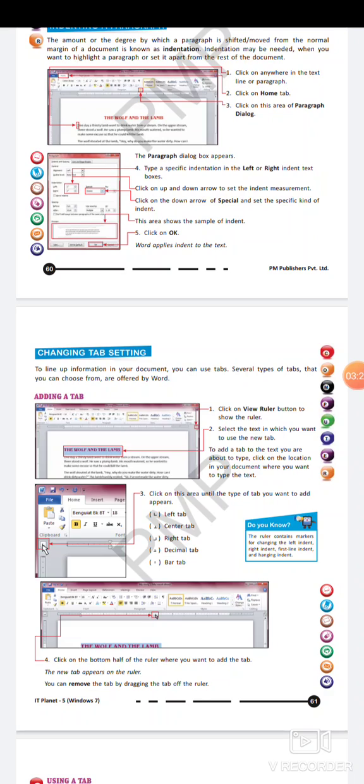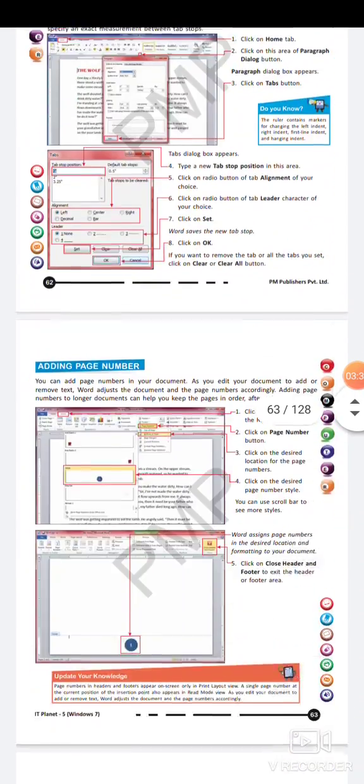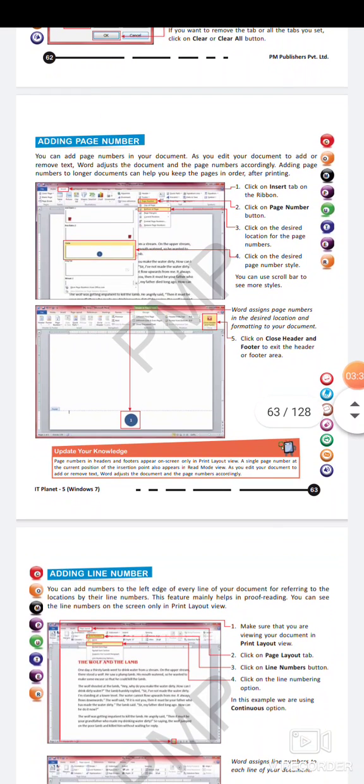So directly we are moving to another topic, which is adding page number. ठीक है, this is yet another feature which is given to us by the MS Word document. And what is the purpose of this feature? For example, I am writing a book. ठीक है, first of all I will type that book on the computer, then only I will take the printout of that book. And if I have not numbered the pages while writing the document in MS Word, ठीक है, उसकी मैंने numbering नहीं की है.